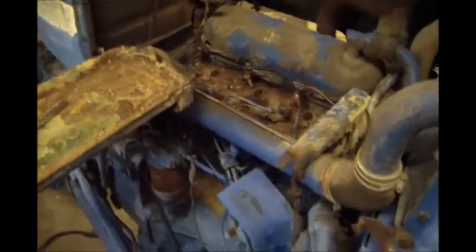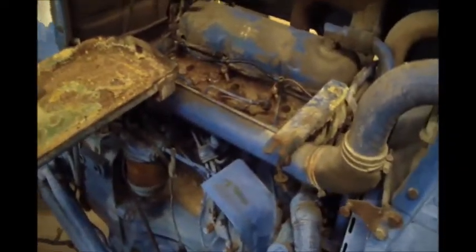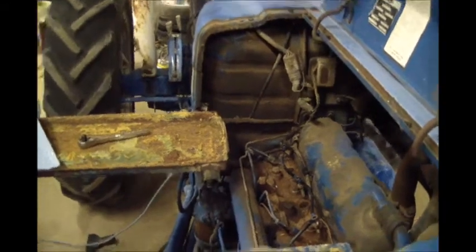So we'll see. It's worth the gamble to me, and see if I can put a little time and effort into it and make some money on it. If not, I'll end up selling it as is and just basically get my money back out of it. I'm in it safe enough that I can get my money back out if I can't make money on it. I can't fix it. I mean, really, this thing would probably part out at a couple